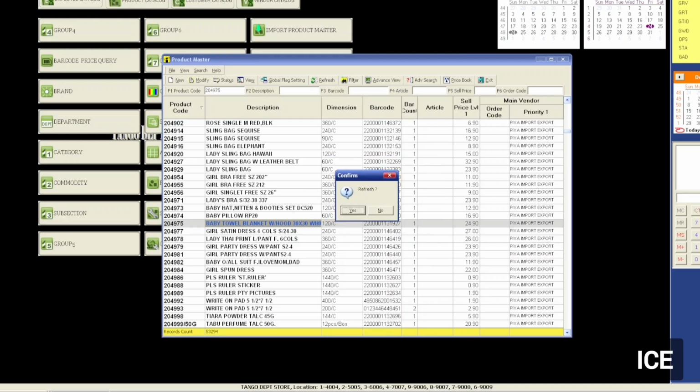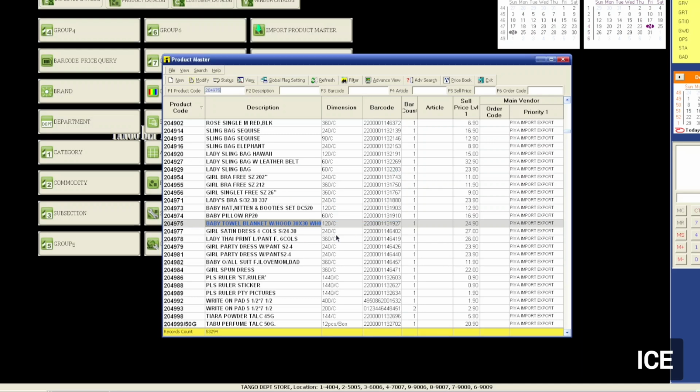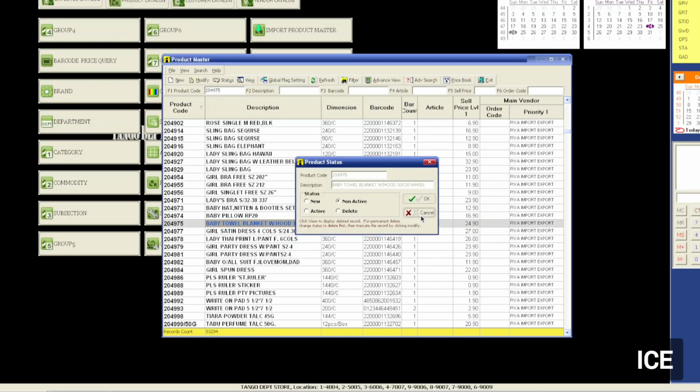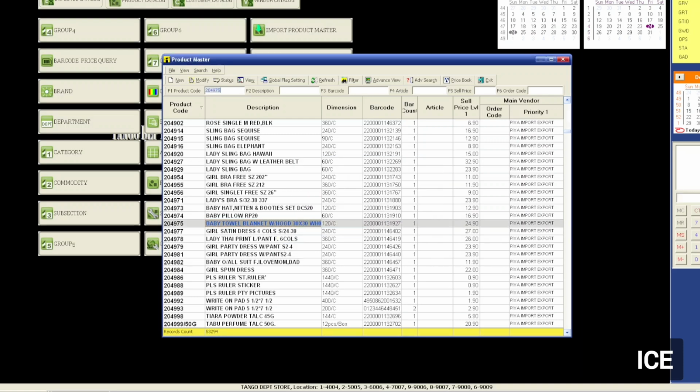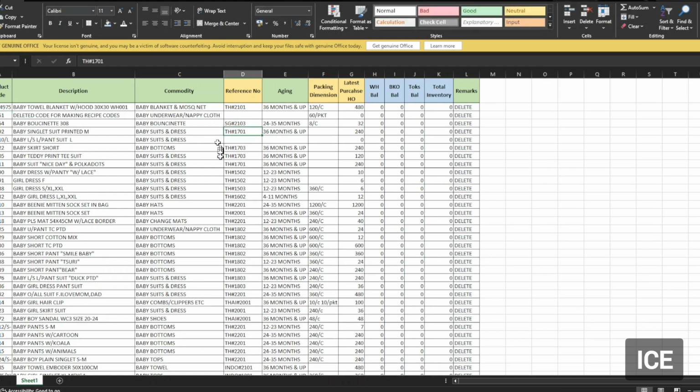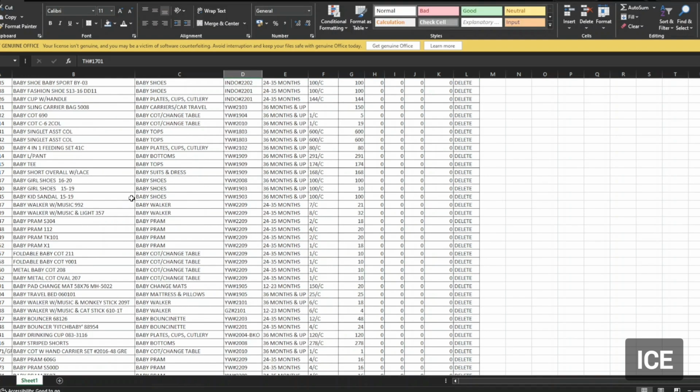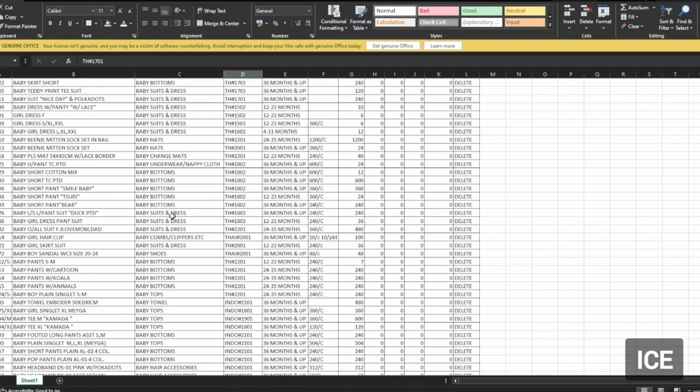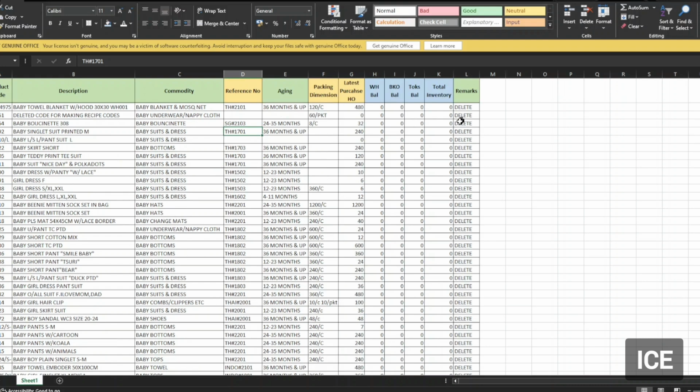And then it will ask you whether to refresh or not. For now, I'm not going to refresh it. I'm just going to select no. Right click on it and you'll see that it's now not active. We can't do that for multiple items, so in order for us to disable multiple items at once, we need